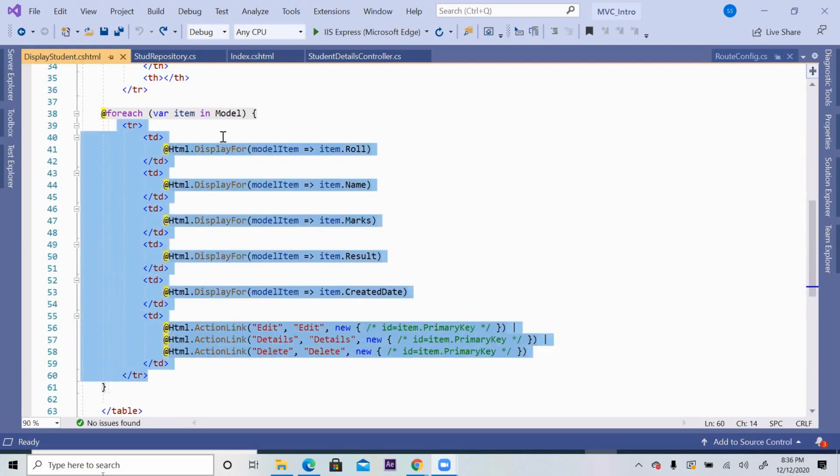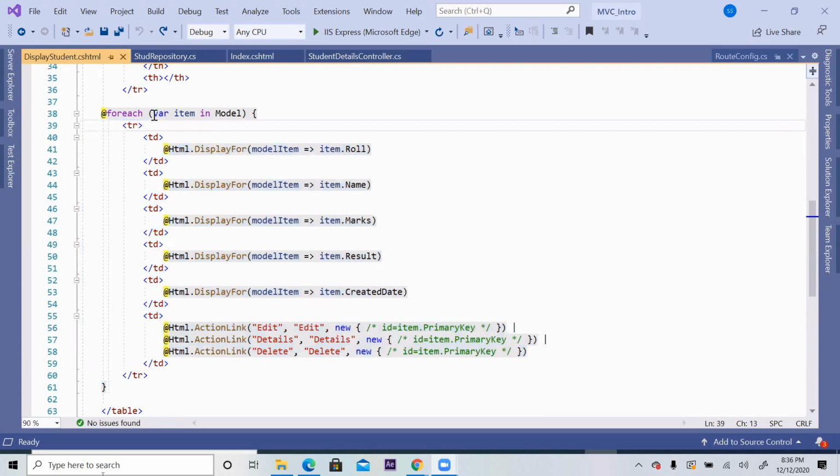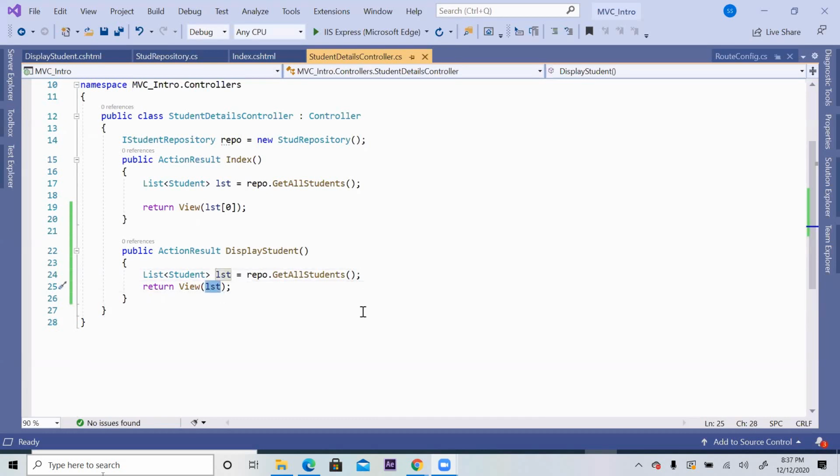So for each loop, inside the foreach loop, you are looping through what you are already sending, the list of students here. Ultimately you have to loop through that list of students, so that every time you will get one object of the Student class. Anything that you are sending from controller to view, if you want to access it, you have to write capital M Model.